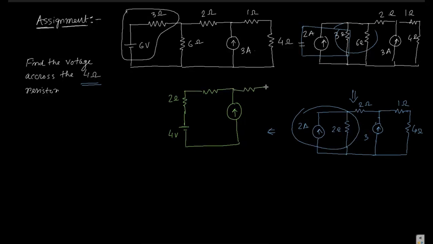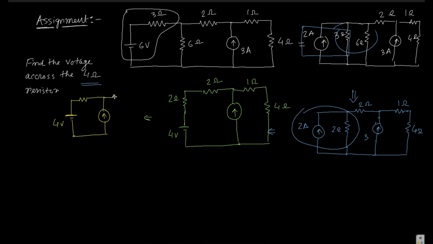And 1 ohm and 4 ohm are there. This is the 1 ohm, this is the 4 ohm, this is the 2 ohm. This is the circuit. Now these 2 and 2 become 4. So the circuit now becomes, this is the voltage source, 4 volt. This is 4 ohm resistance. This is 3 ampere current source,